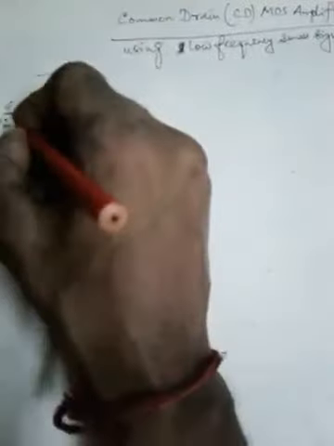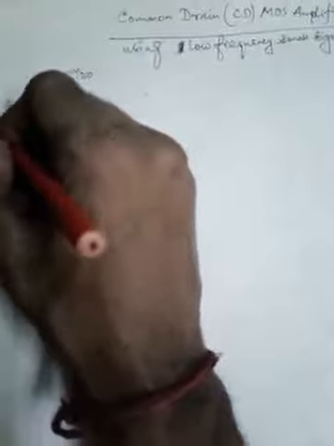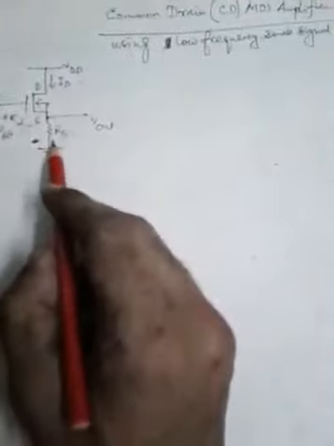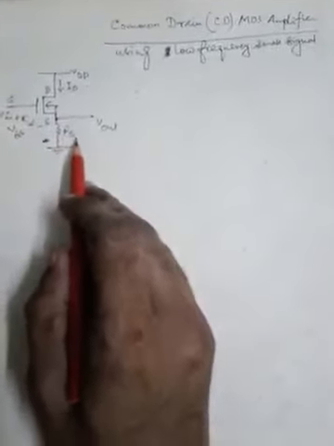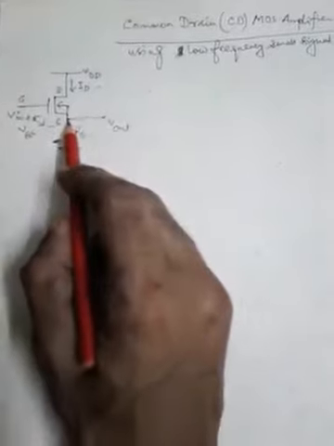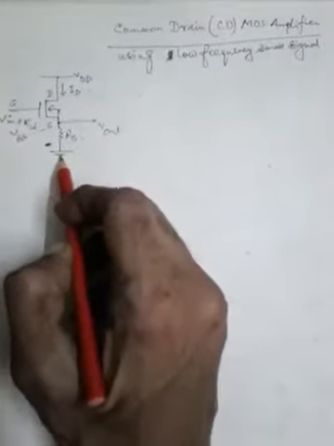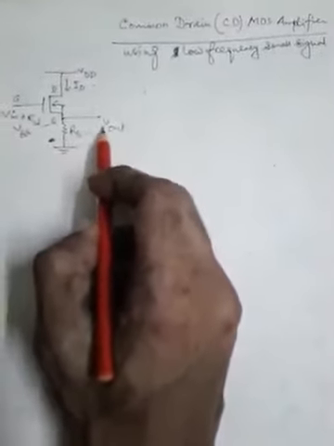Now the plus over here and minus over here, this should be the VGS. Because of this VDD the drain current ID is flowing, and when this ID passes through RS, it produces a voltage drop that is measured from the source terminal with respect to ground as V out, or the output voltage. So this is the common drain circuit.